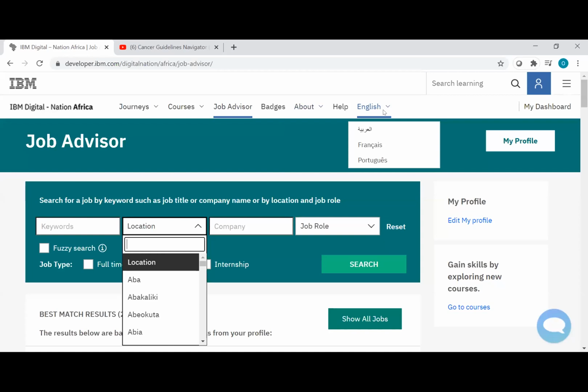If Arabic is your language, you click on the Arabic option and it translates everything into Arabic for you. Same thing with Portuguese, but presently I'm making use of English. So we have that, our platform speaks. And then the help aspect is